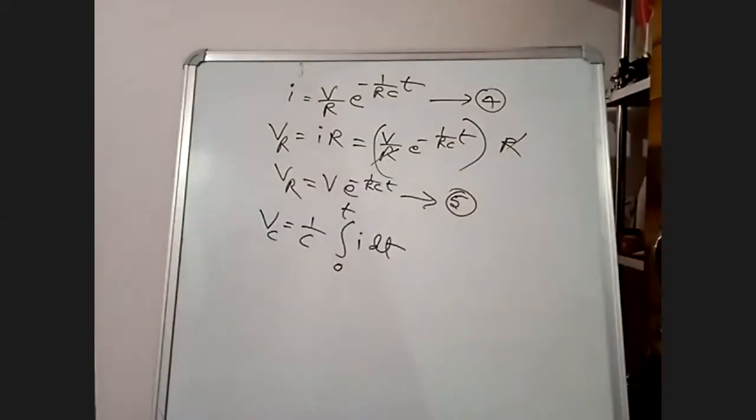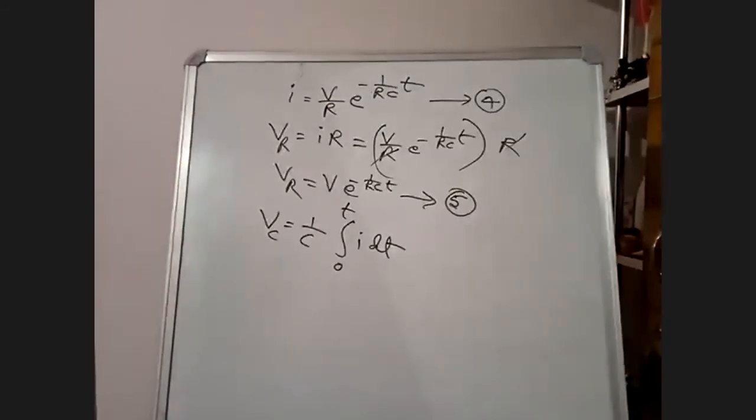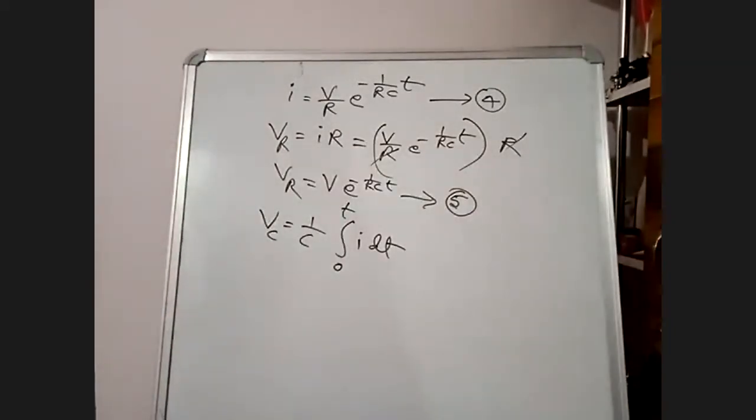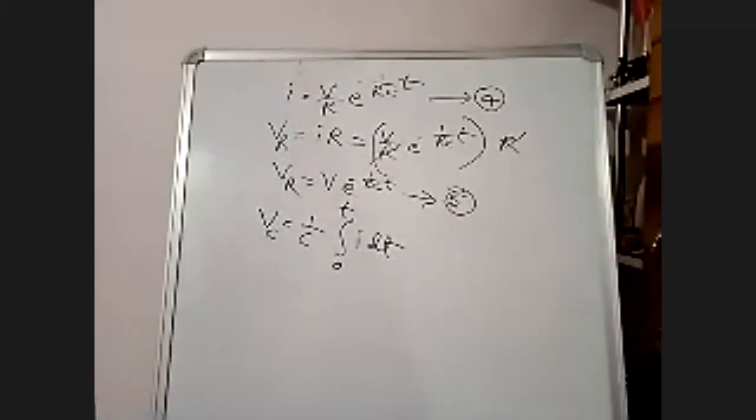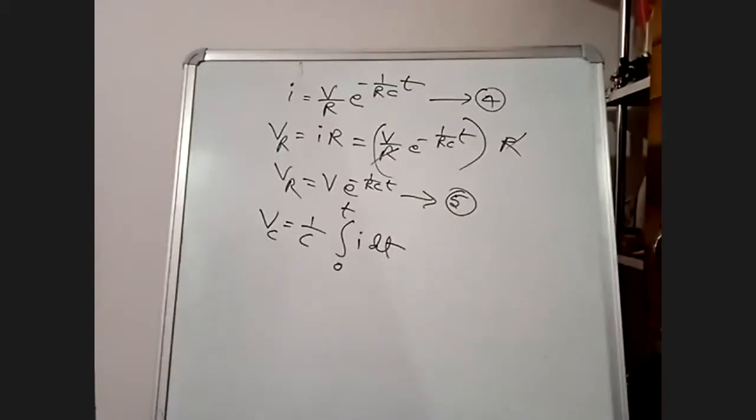So within a time period T from 0, suppose with 10 seconds, T is equal to 10. Limits are 0 to 10 seconds. If time taken is 20 seconds, limits are 0 to 20 seconds, 0 to T. That's why I'm not taking infinity. The capacitor will take certain time to charge to full voltage. It won't wait up to infinity. But when we consider the energy, we'll take 0 to infinity.